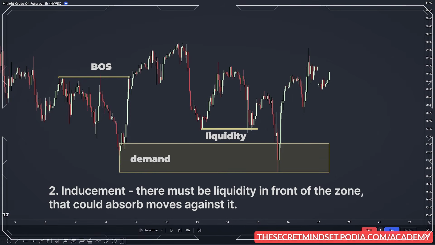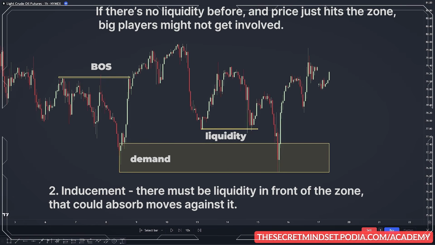This means there's liquidity in front of the zone that could absorb moves against it. For a demand zone, you want to see buy orders stacked up in front. This could be a swing low or a consolidation pattern. It shows traders are waiting to buy at that price. If there's no liquidity and price just hits the zone, big players might not get